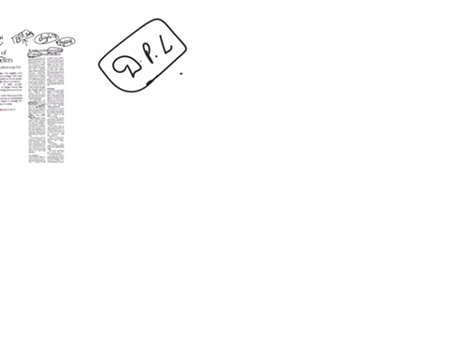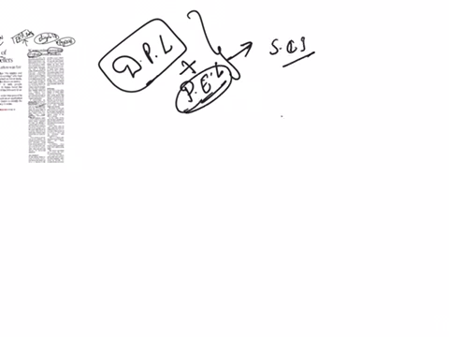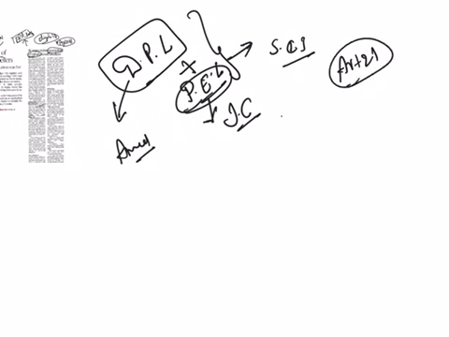Along with this due process of law, we should know about another term which is known as procedure established by law. These two terms we will be seeing very often in Supreme Court judgments. Of these two, procedure established by law is there in our Indian Constitution, whereas due process of law belongs to America. Let us understand both these concepts with the help of Article 21 of the Indian Constitution.